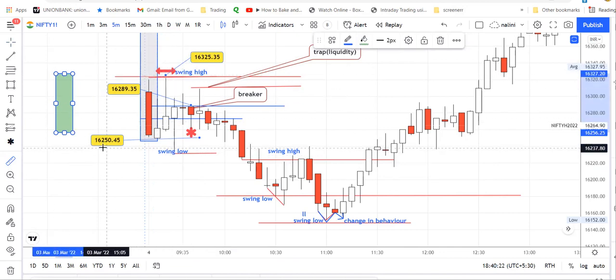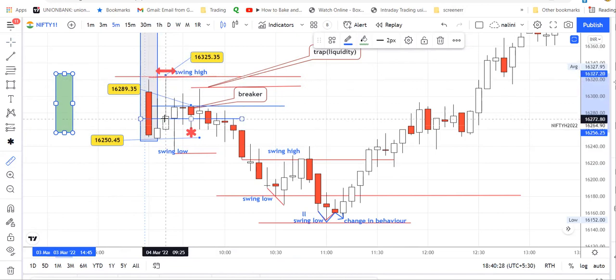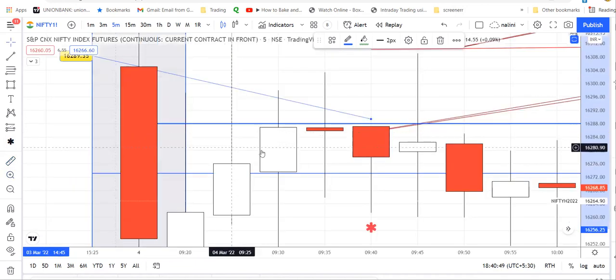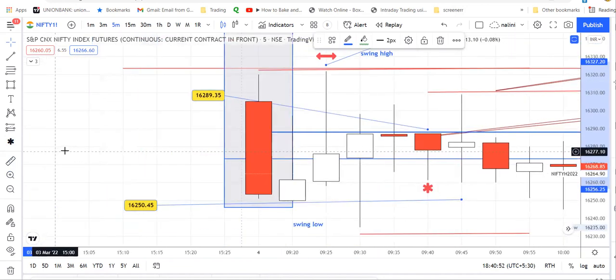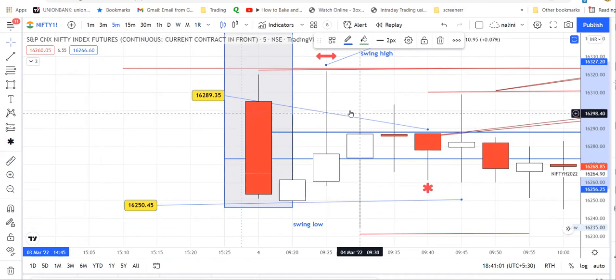You will try to go long, but it is not so. See the candle, it started coming down and closed over here. So you need to wait for the price action and see carefully, candle by candle. I'll zoom it out. Here, this was the candle that made a high, and this is an up candle, and this is also an up candle. So these are two higher highs,